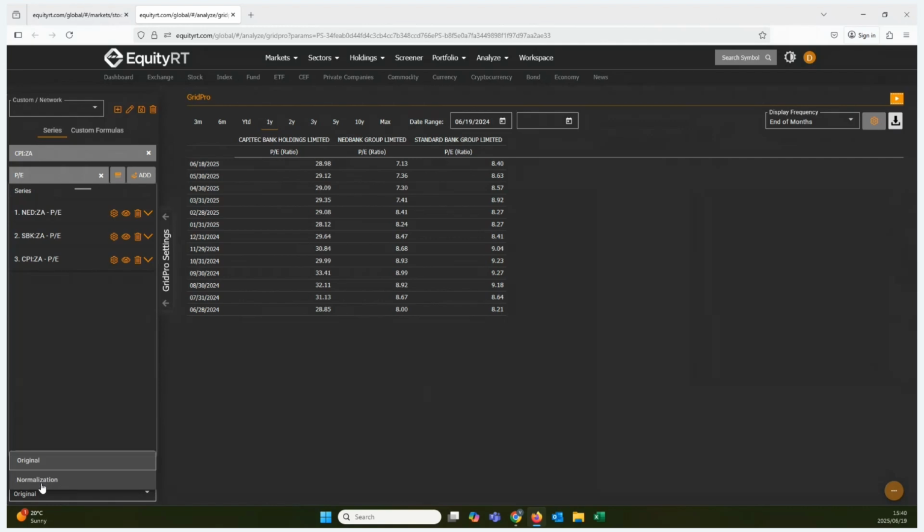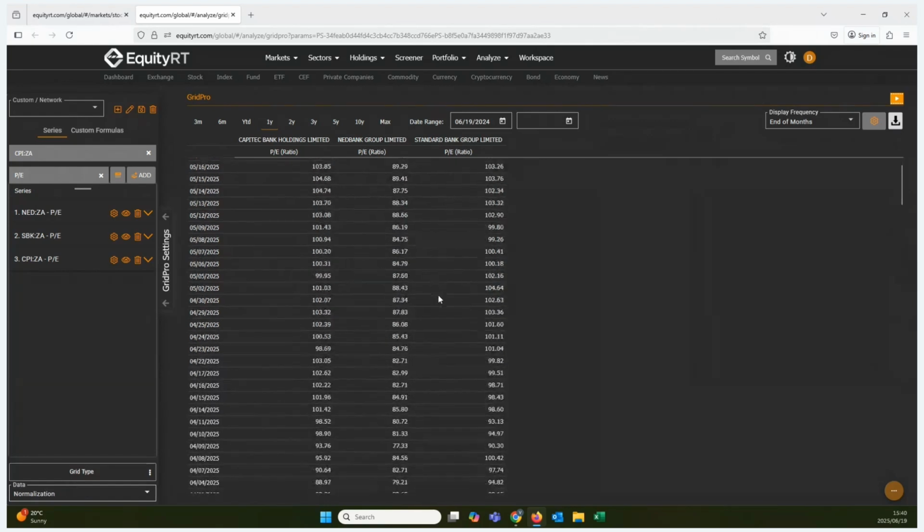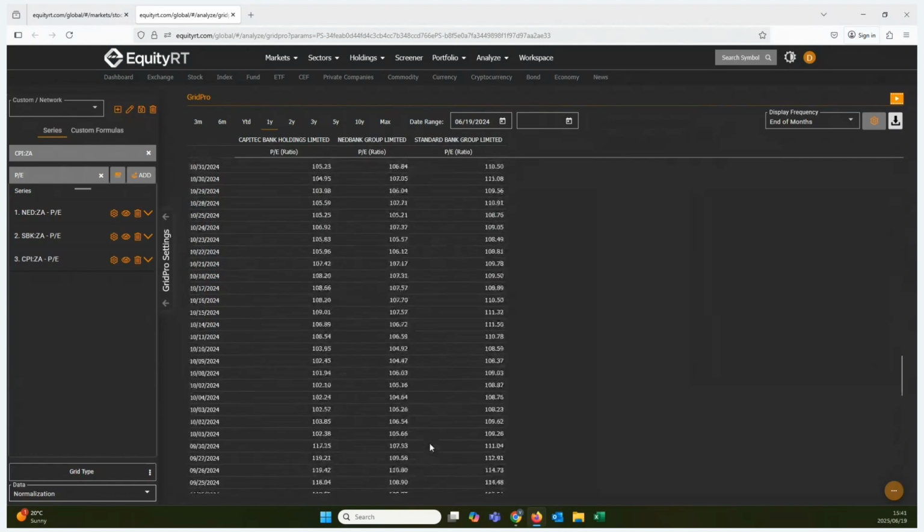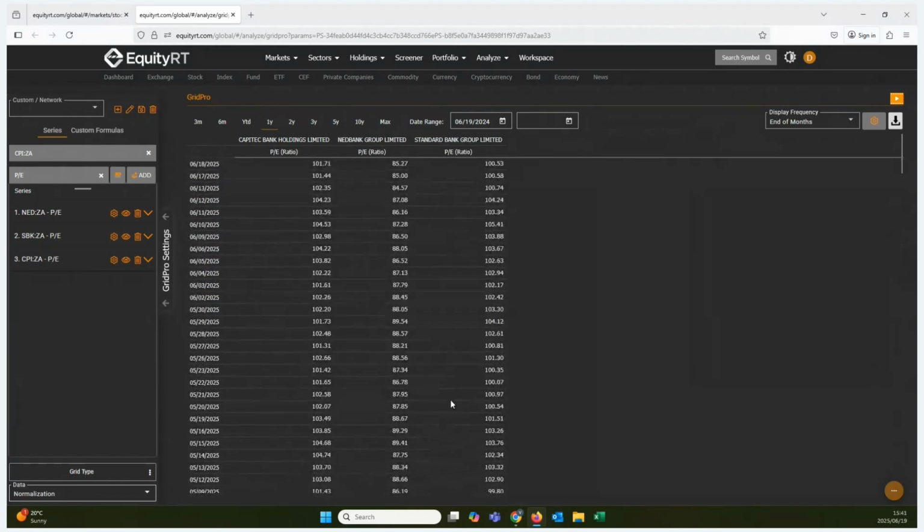When I say normalize my data, if I look at my current data set, it's one year's data. If I want to normalize it, in other words, index it to 100, I can click on normalization and it will index my data set. So now it starts everything off at 100, this time last year, and it creates an index perspective where I can monitor the movement of these different value types